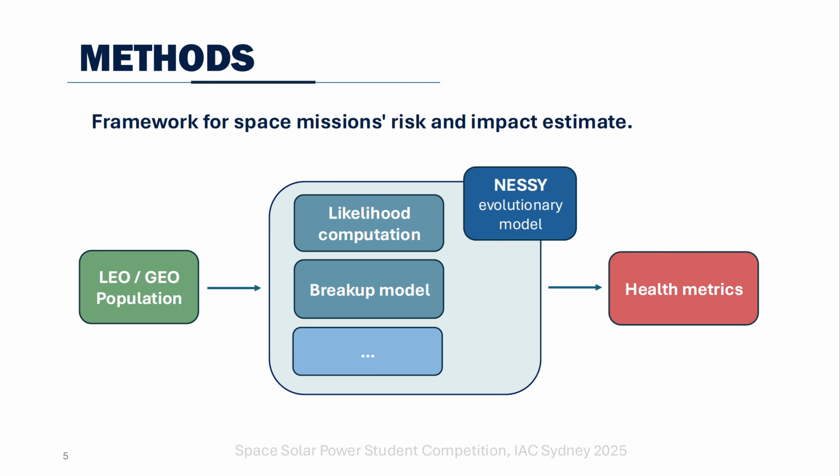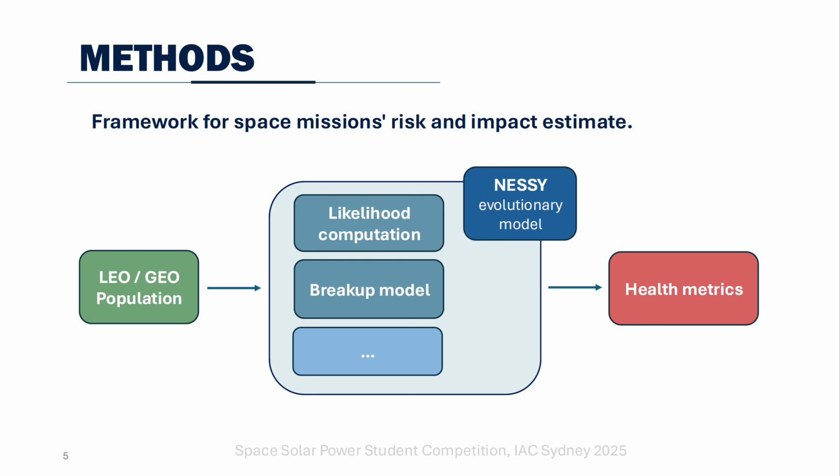So what have we done so far to face these goals? So here is the framework that we have developed. Once we know the population, the background population in LEO or GEO, considering also the solar power satellites missions, these data are inputted inside our evolutionary model, which is NESI, the network-based evolutionary model, where inside there are different modules. The modules we are interested in are the likelihood computation, so the first module that allows us to